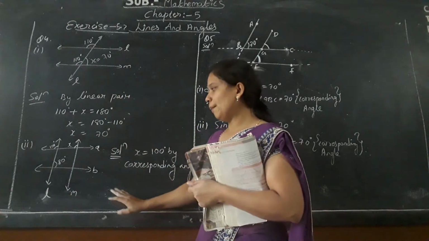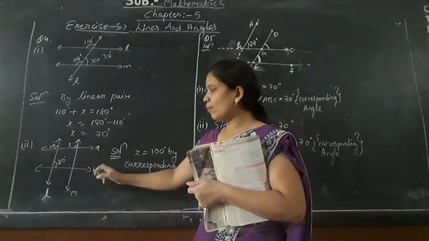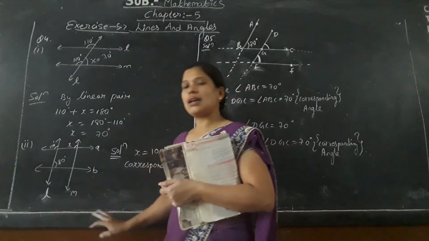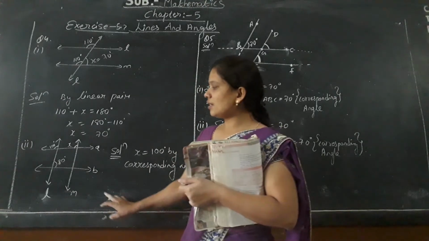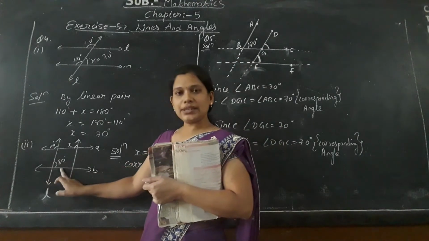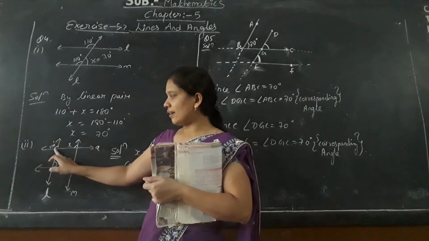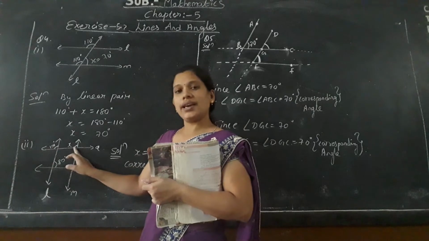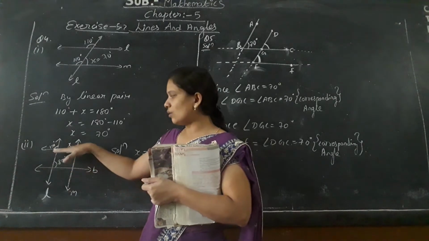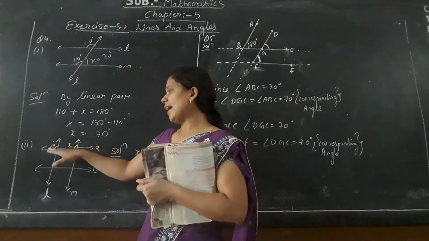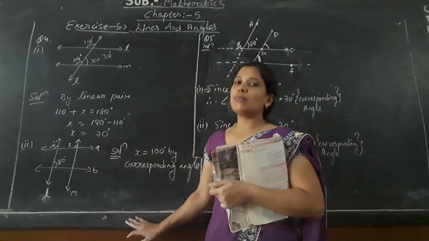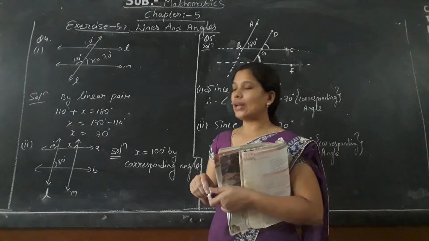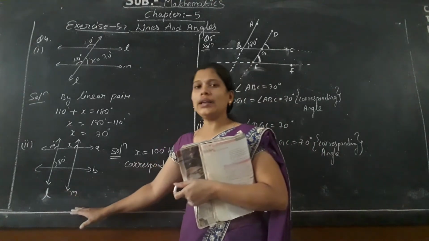Similarly for question number B, it is again very easy. A and B, both the lines are parallel to each other, as well as L and M are the transversal line. Now here in this question it is said that this angle is given as 80 and this angle is given as 100. So this angle 100 is an exterior angle and angle x is an interior angle present on the same side of the transversal. So can x be equals to angle A, which is made by the transversal, and even A is parallel to B. Line A is parallel to line B, and L is parallel to line M.